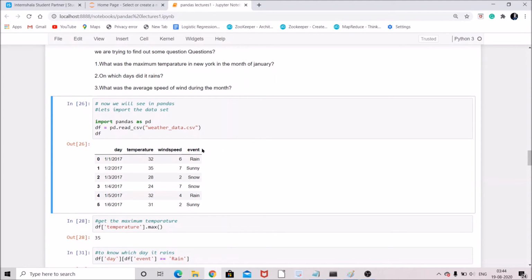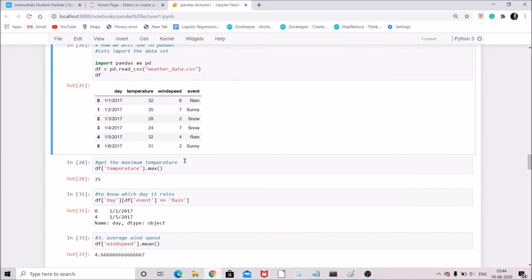So suppose we want to find the maximum temperature. In pandas it is very simple. You write df, square bracket, temperature, the name of this column, and dot max. When you run this, you will get the value 35, and here you are also able to see the value 35, which is the maximum temperature.